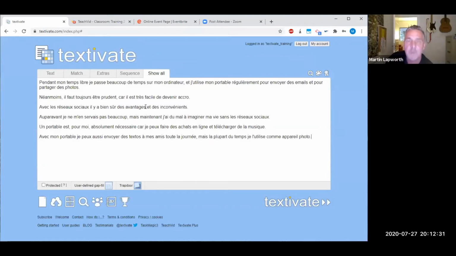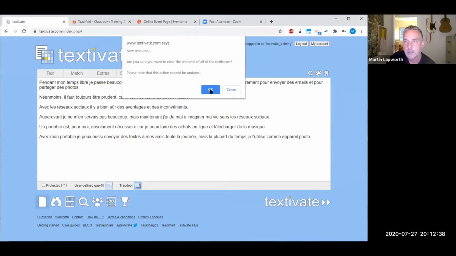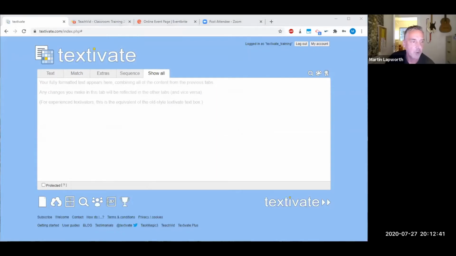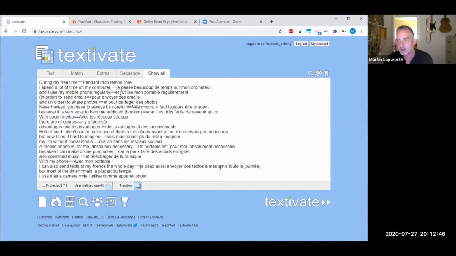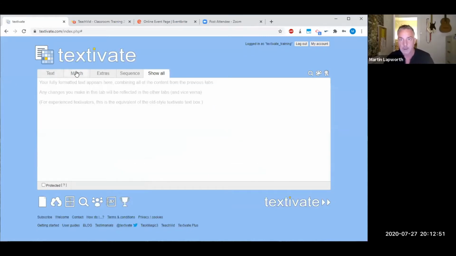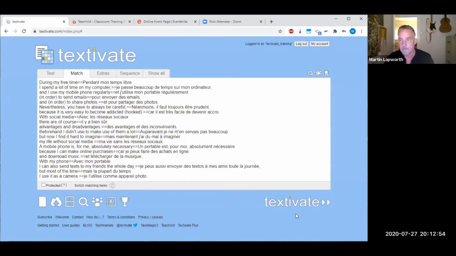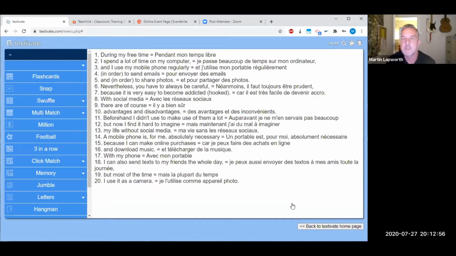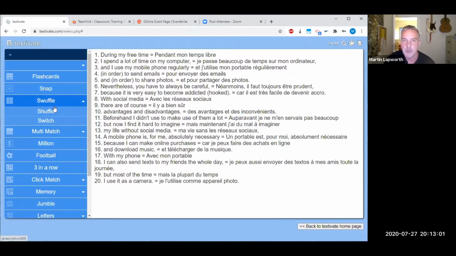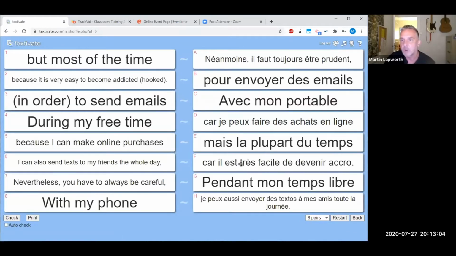And then after about a year, I think we decided to add the option to add matching items. So I'll start a new resource and add in some matching items, which I've copied. The match side of it is very like any other kind of flashcard vocab learning app. You put in a list of matching items, and it gives you all kinds of vocab matching activities. So you have things like this one where you basically match up the French and the English,